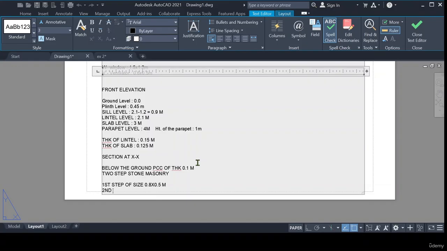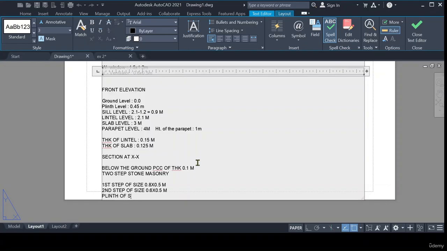Second step of size 0.6 by 0.5 meter, and plinth